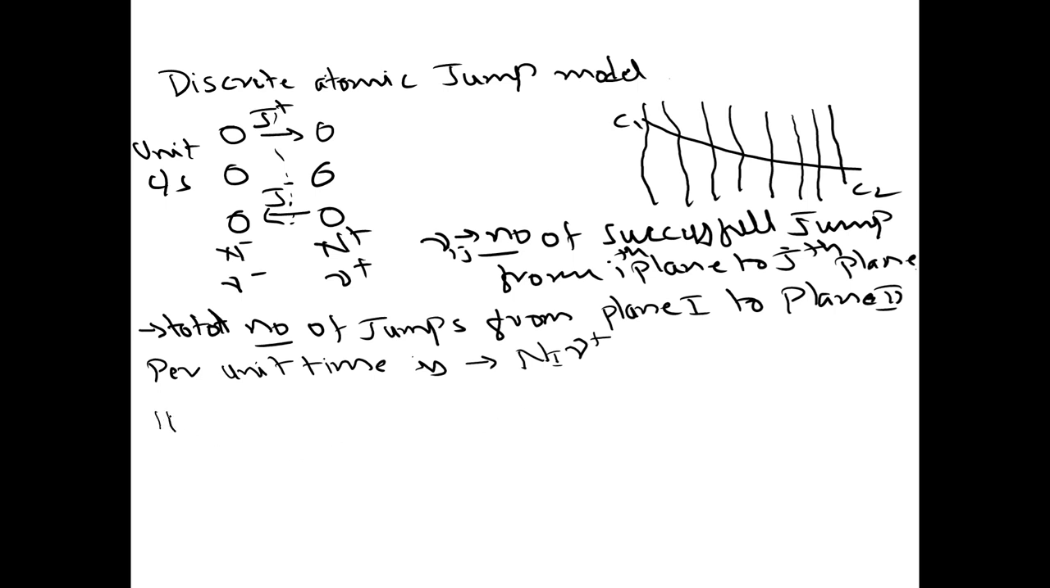Similarly, the jumps from plane 2 to plane 1 are given as n2 gamma minus. The concentration is given as